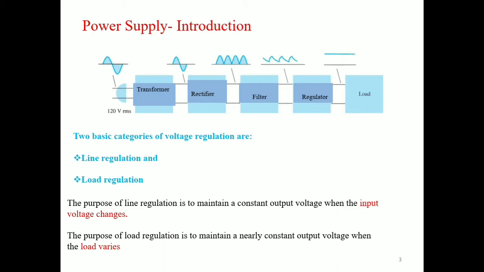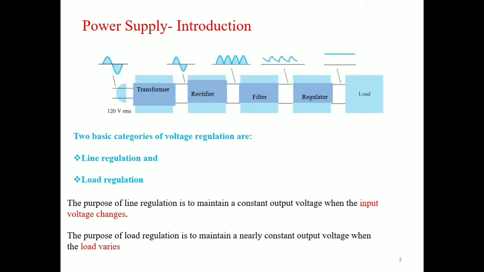It is nothing but giving a constant output voltage irrespective of the input voltage. The block diagram shows a transformer, rectifier, filter and the IC voltage regulator. The first one is the transformer, which steps up or steps down the AC voltage provided by the wall outlet to the desired amplitude through the action of a magnetic field.